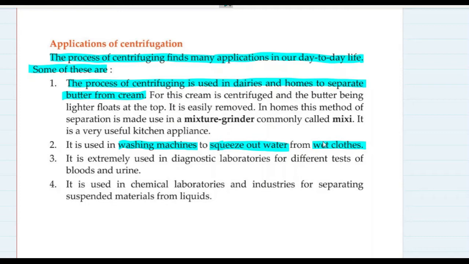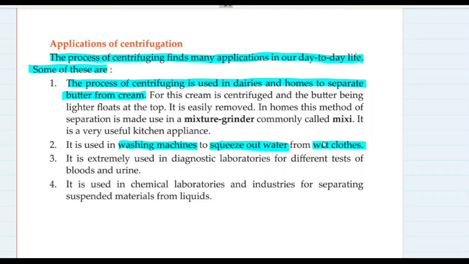So in spinning, when the washing machine is spinning at a very high speed after the clothes have been washed thoroughly, it spins at such a high speed that all the clothes stick to the walls of the tub, which is rotating at a very high speed. That tub has holes in it, and through these holes, the water which is flung out of the clothes drips out, so the clothes become almost dry. They are not dripping, basically.